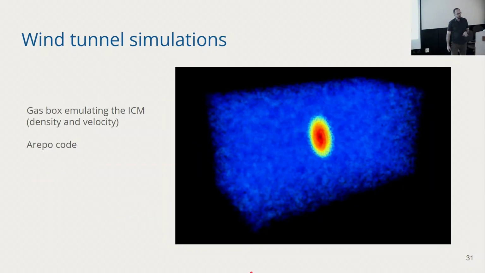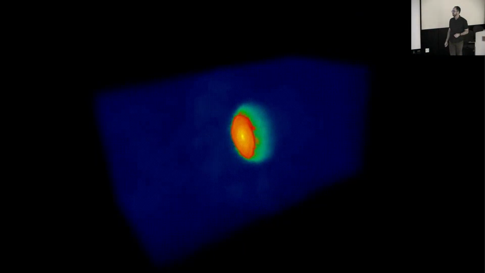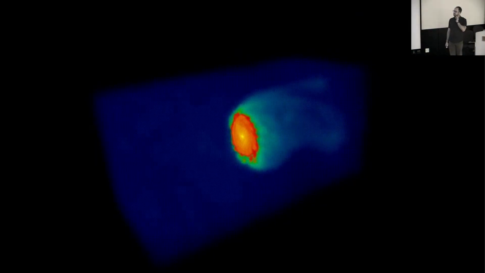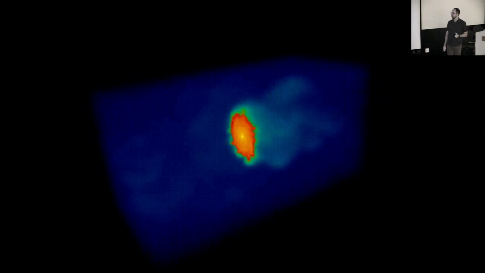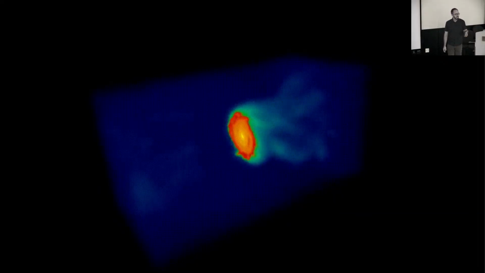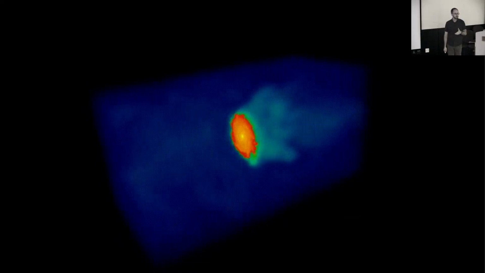Right, so to simulate these kinds of galaxies, we employ this technique of a wind tunnel. The idea is to construct a box of gas to emulate the properties of the intracluster medium, the density and the velocity of the gas. So the galaxy is placed stationarily in the center of the box, and it receives a wind comparable to what it would feel in the intracluster medium. These simulations are run with AREPO,